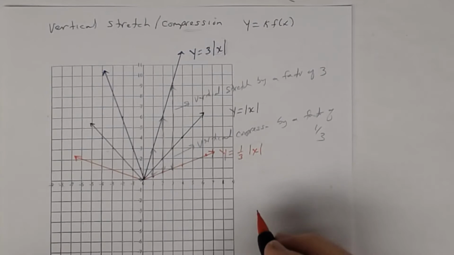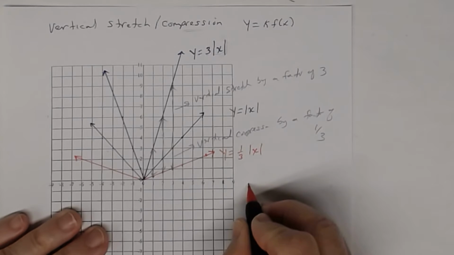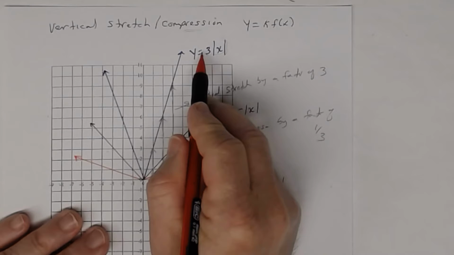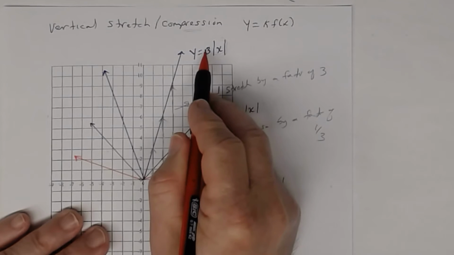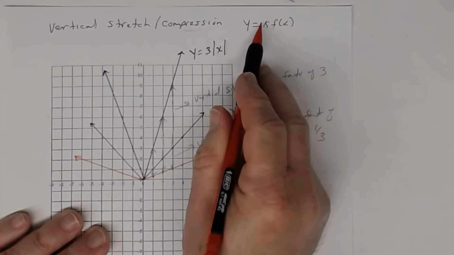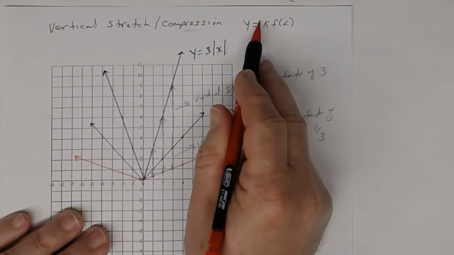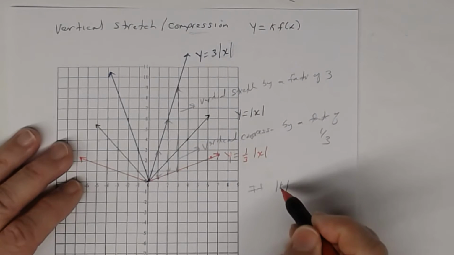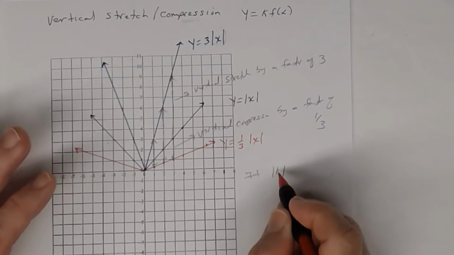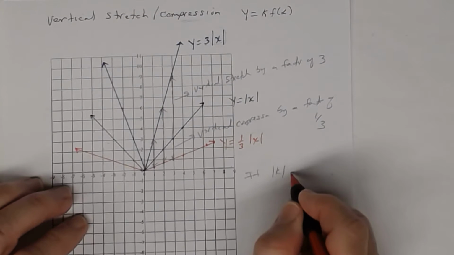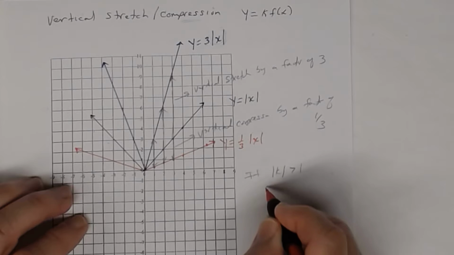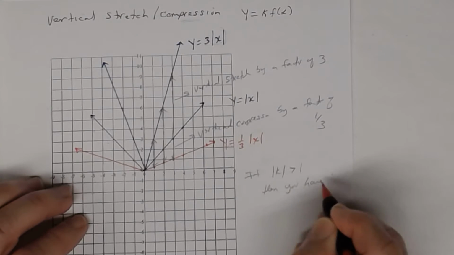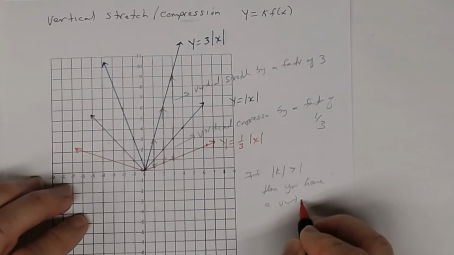But what I need to remember is this. If the absolute value of k, and I'm using absolute value here of k because if k is negative, obviously if this is -3, then -3 is not greater than 1. So that's why I'm using absolute value of k. So whatever k is, take the absolute value of it first. If it's greater than 1, then